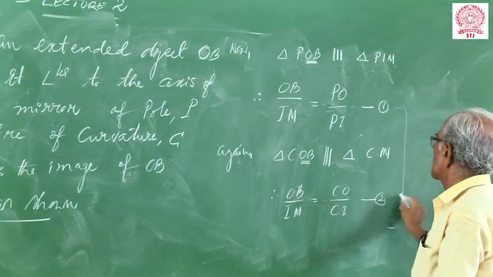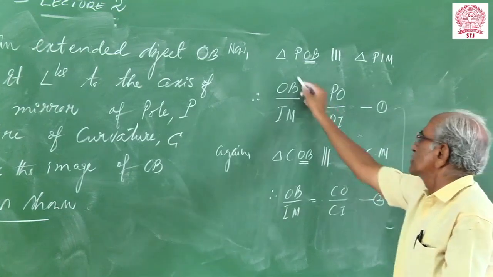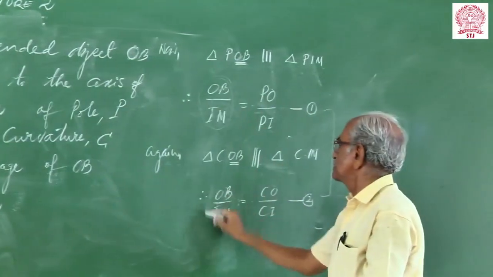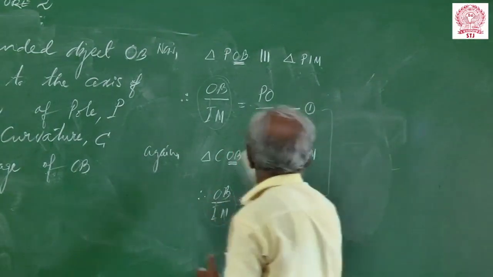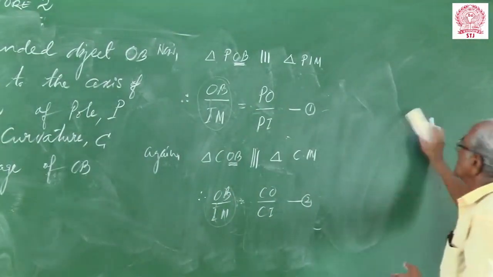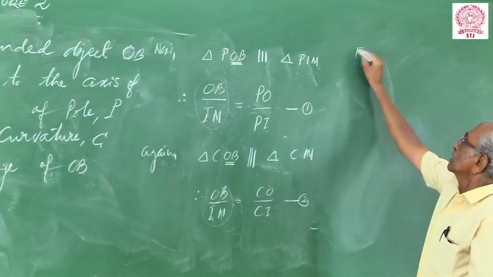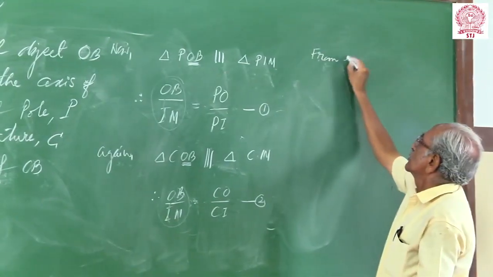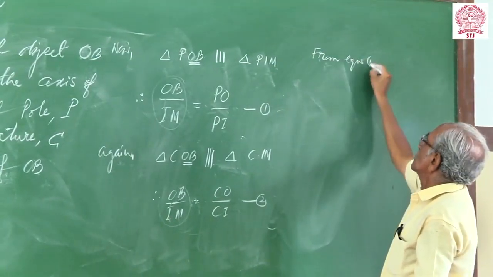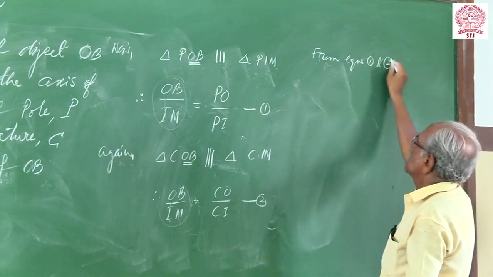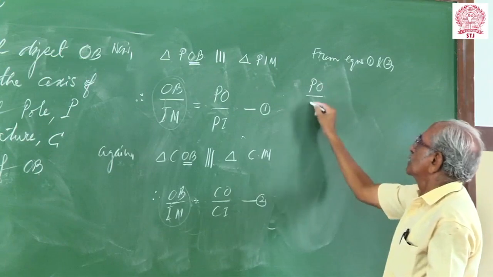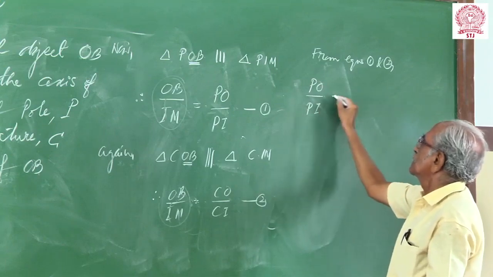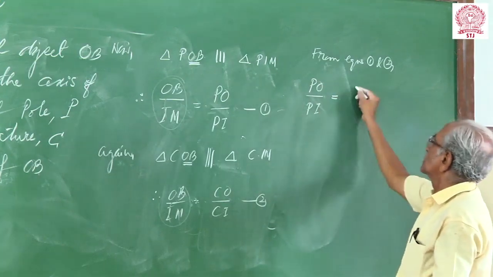Now observe these two triangle equations. There is common sense here. So from equations 1 and 2, we have PO by PI is equal to CO